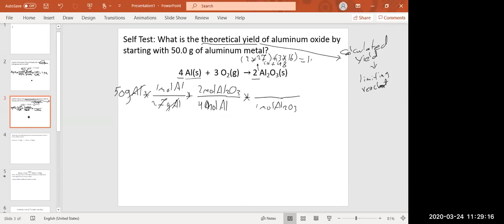So it will be 102. Guys, double check always the number. So after me, if I'm not using the calculator, here 102 gram